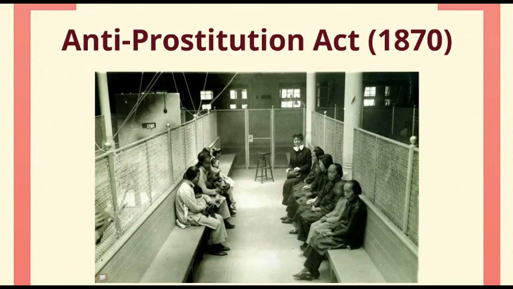Another example of a law was called the Anti-Prostitution Act in 1870. This is actually another shortened term for a really long titled law. When Chinese women started to arrive in the United States, they wanted to stop it because of the fear that they would come in and have children, which meant that their kids were natural born citizens, and then they would be able to have all the rights granted to a citizen. So to prevent that from happening, they created this law, and they presumed that the Chinese women were guilty and that they were coming to the United States specifically to become prostitutes.